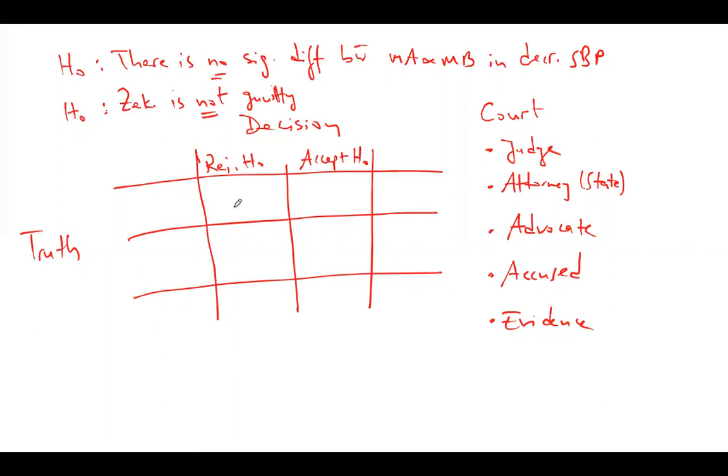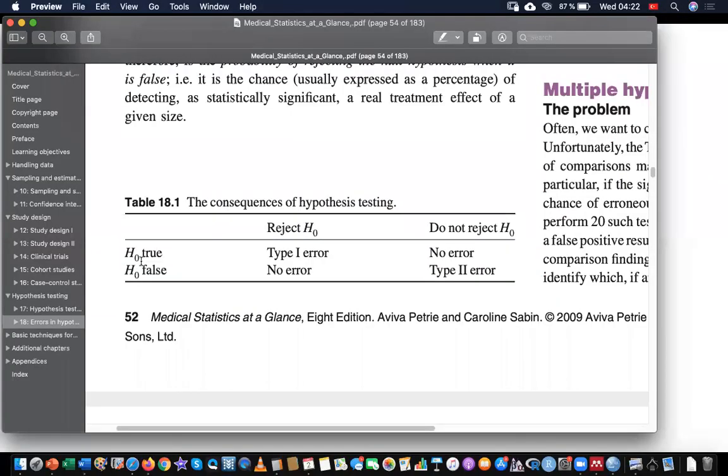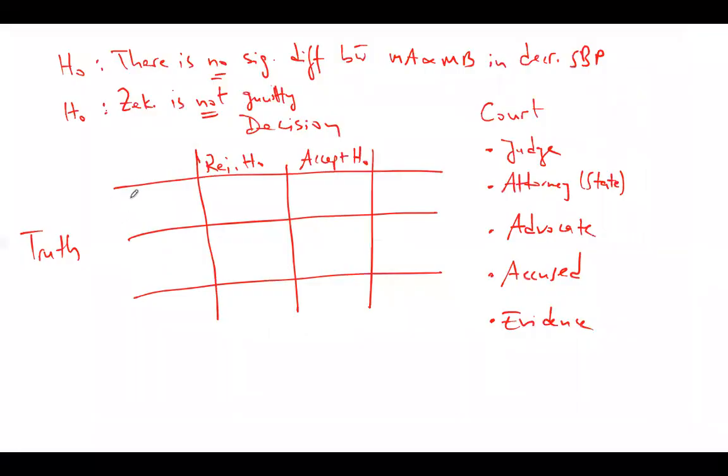If you reject it, what do you do? You put me into prison. Right? Yes. Okay. But there is a truth. The truth says H null is true or H null is false. If H null is true, it means I am not guilty. And this truth is known by me. Who knows whether I have stolen the pencil of Abdul Basit or not? Allah knows it, and I know it.